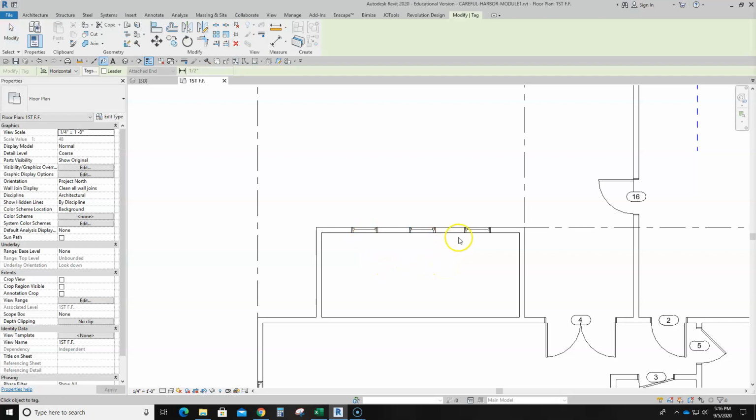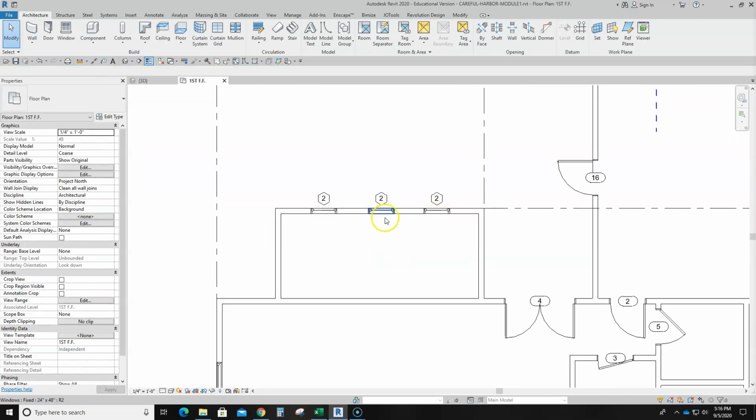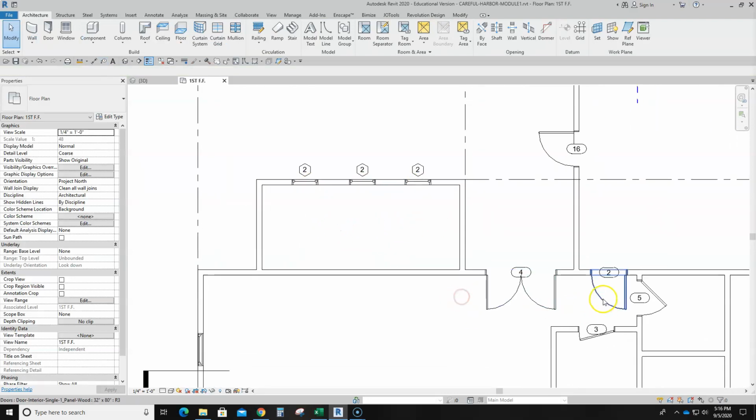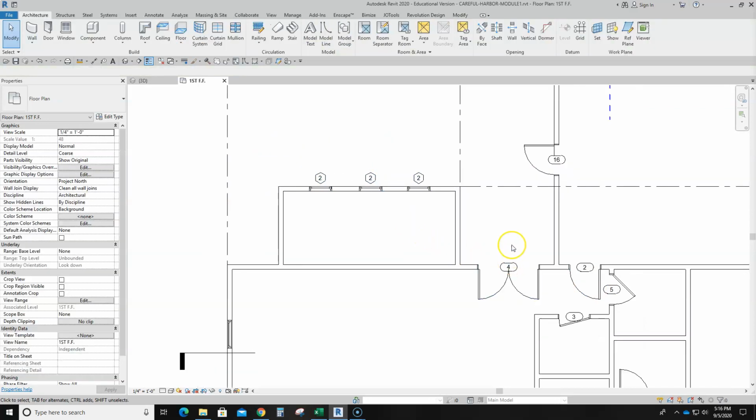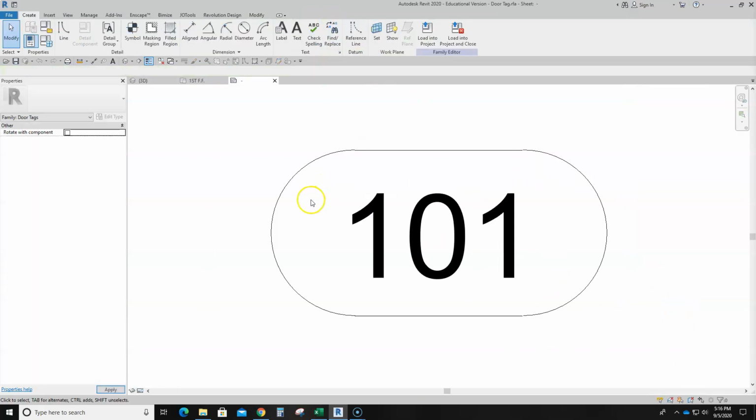So if I tag windows, by default, Revit tags all of these number 2 because these are the same type of window. Yet these are the same type of doors, but Revit tags them differently, which is what I want. So you will have to adjust the way windows are tagged in Revit. Let's take a look at the anatomy of the door tag family and the window tag family. If I double click on one of these door tags or go to edit family, you'll see